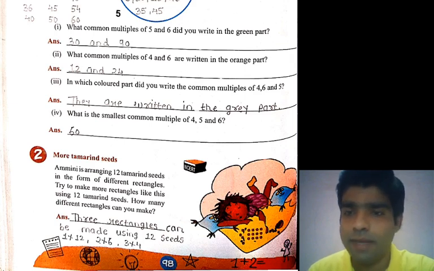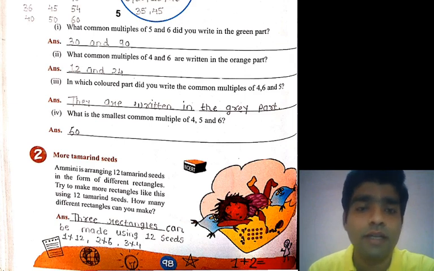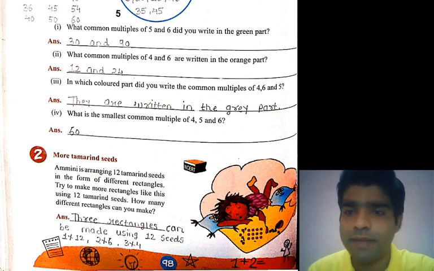Here will be 1 multiply by 12. It means that here will be n rows and n columns. Okay, m rows, it means only 1 row and 12 columns. This is our first arrangement. Okay, now let's start with the second one. The second arrangement is 2 multiply by 6. Why 2 multiply by 6? We have to arrange in 2 rows and 6 columns. Okay, this is our second example.